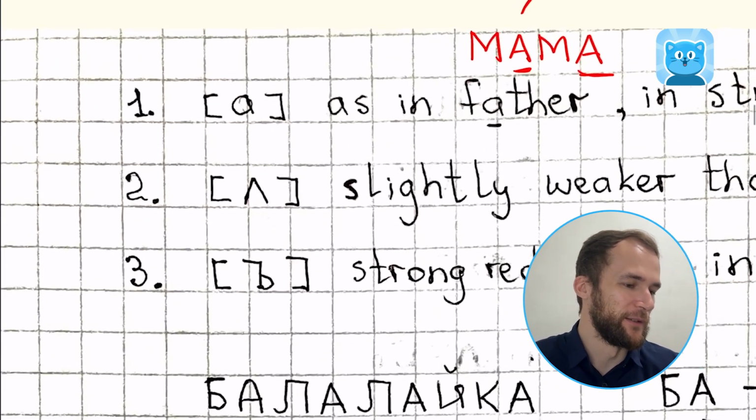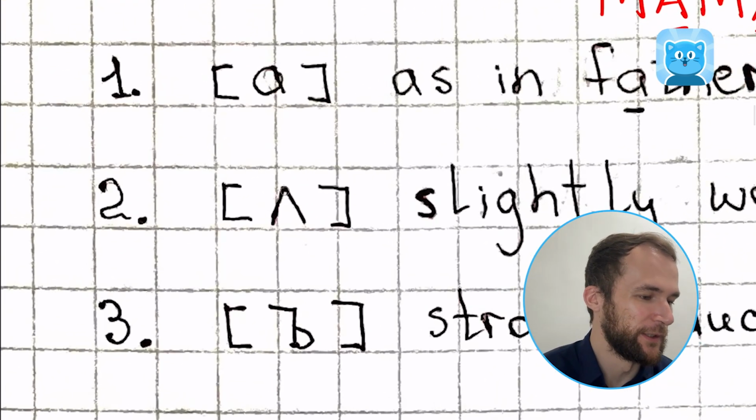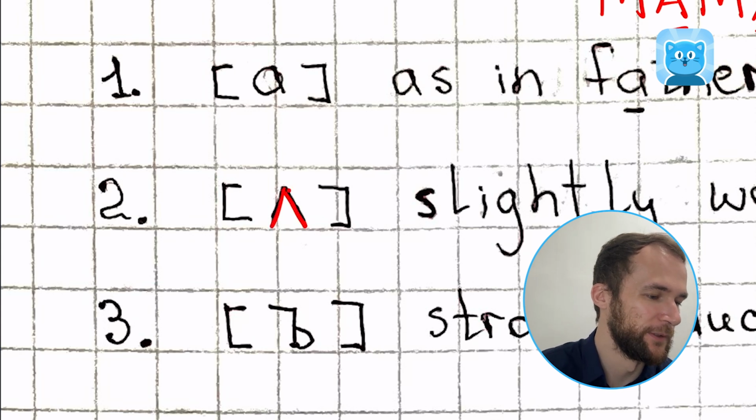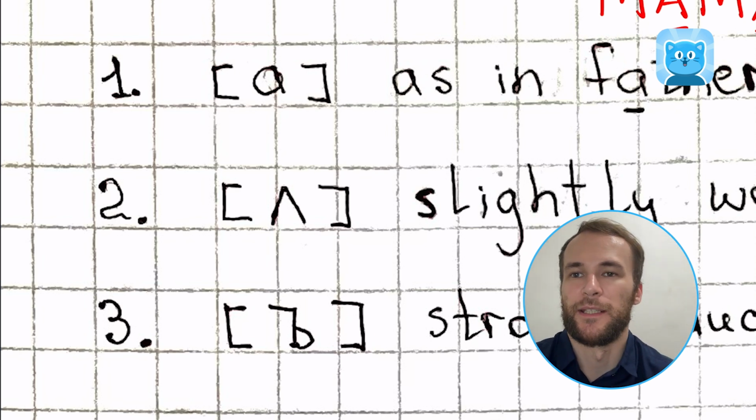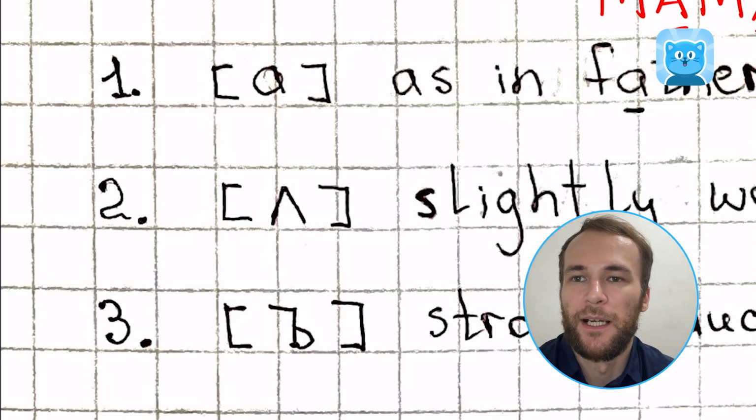So you see this little arrow to the top, this one over here. Well, this means that this is a sound that is similar to a, but it's not a. It's a weaker sound. So, for example, what does weaker mean? Weaker means that